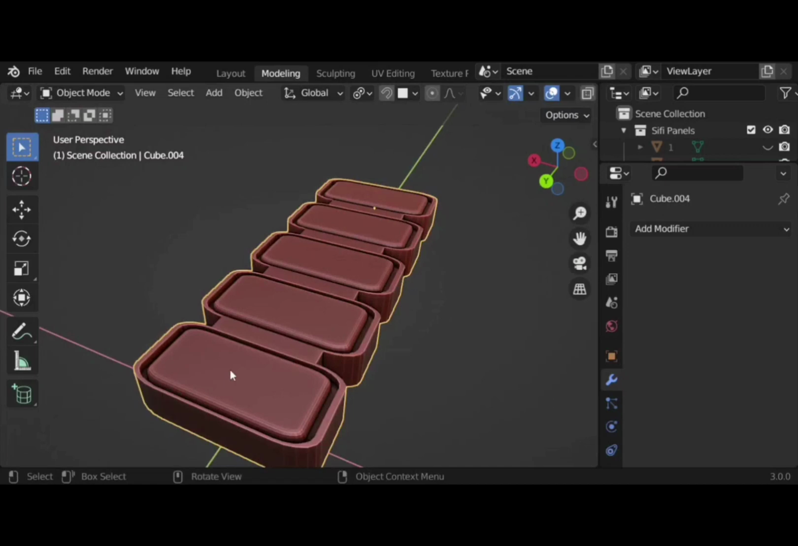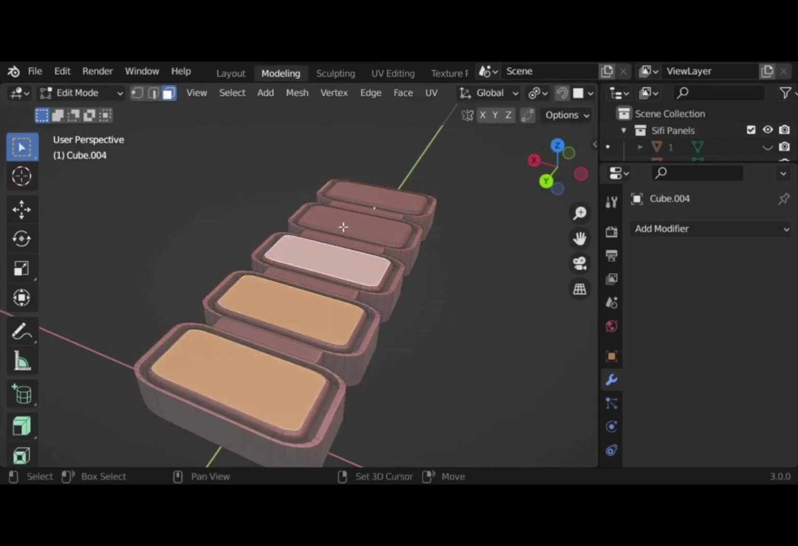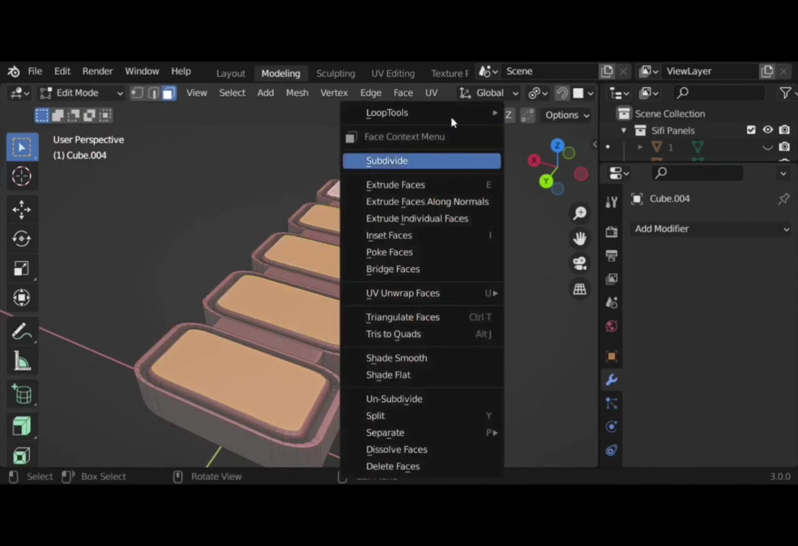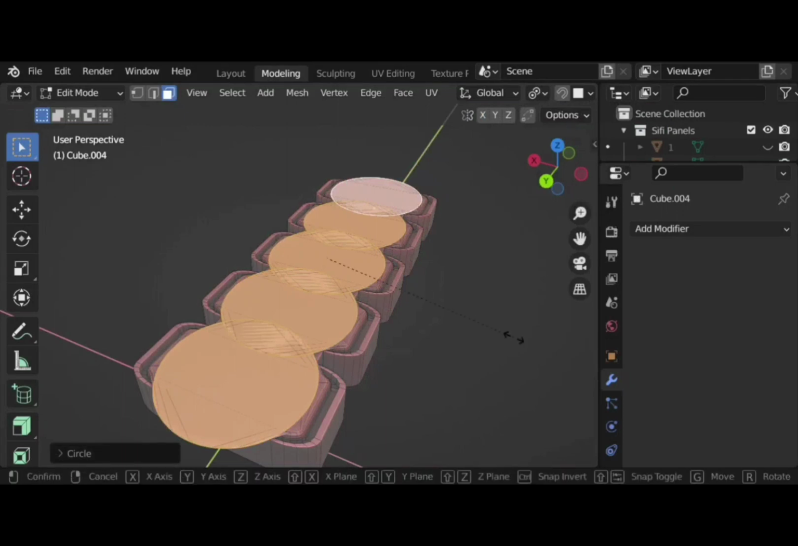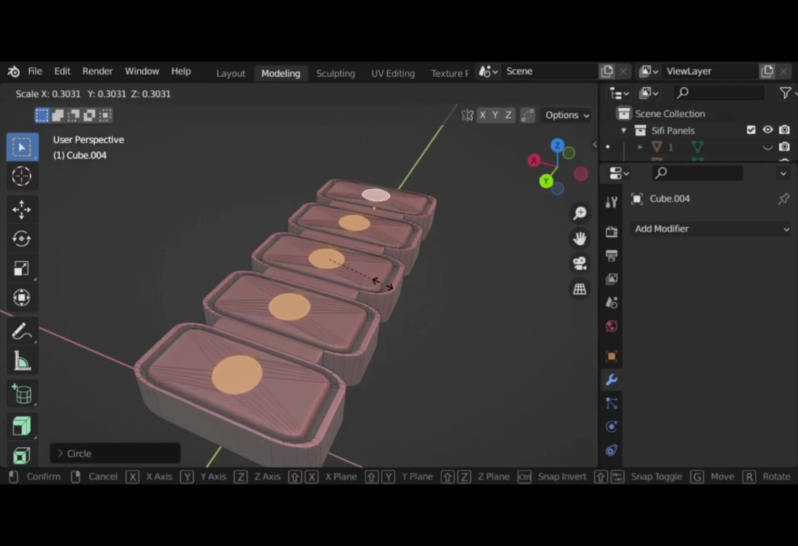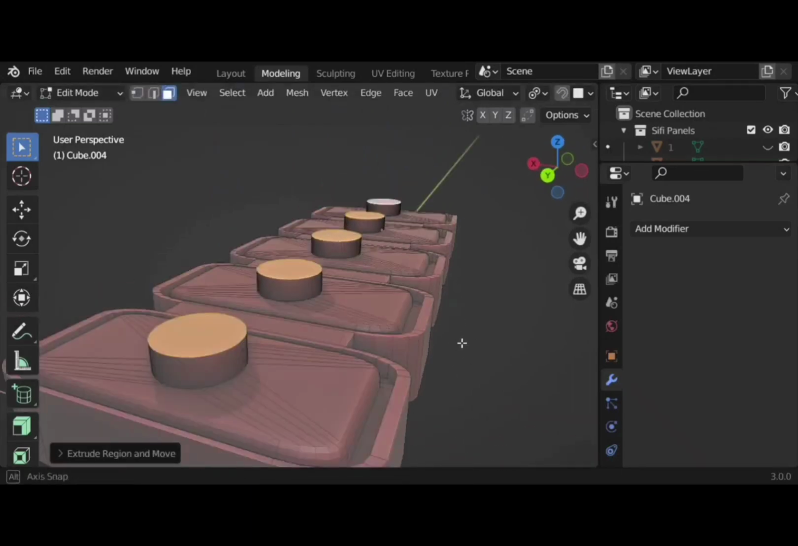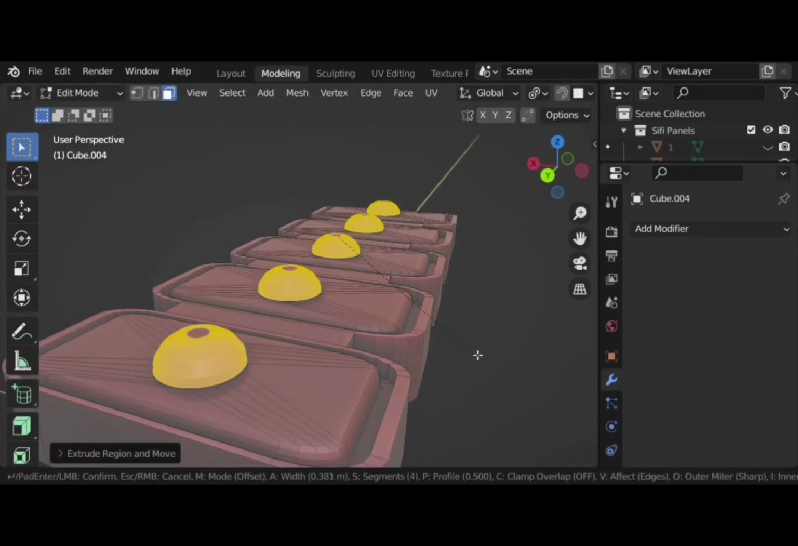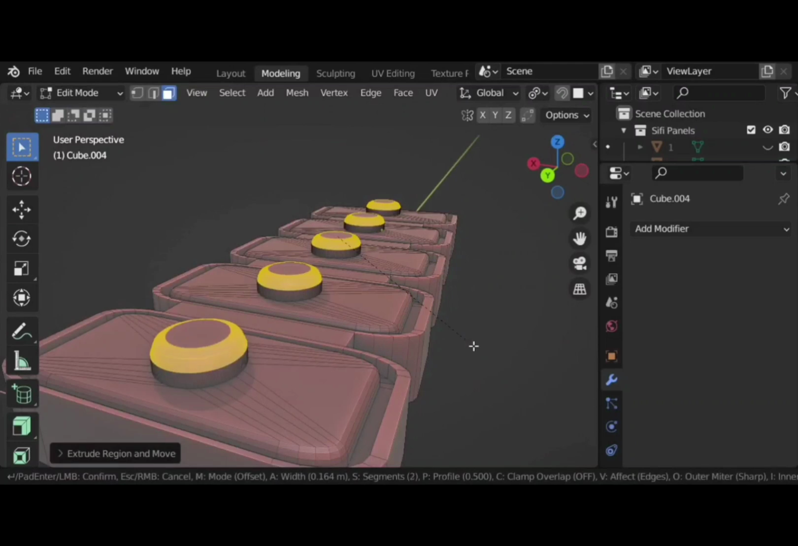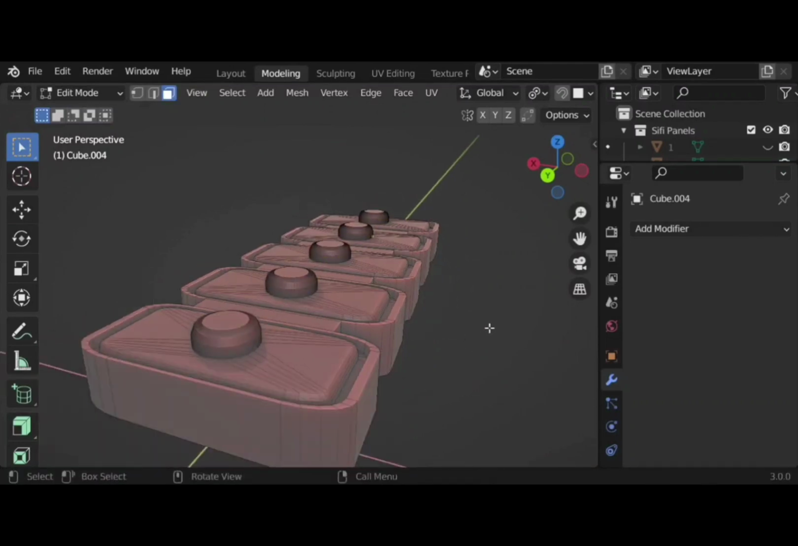Let's go back in edit mode and just select the top faces of all these, and we're going to just go to loop tools and circle. So now we have circle, and we're going to scale it down, and we can extrude it upwards. Since it is for sci-fi concepts, we don't need topology, so we're just going to bevel them just like this. So don't worry about the topology. Okay,